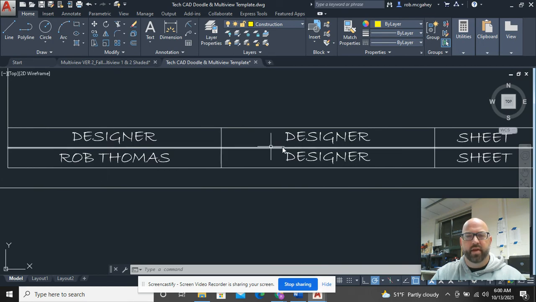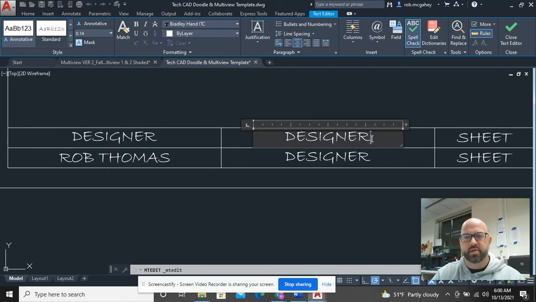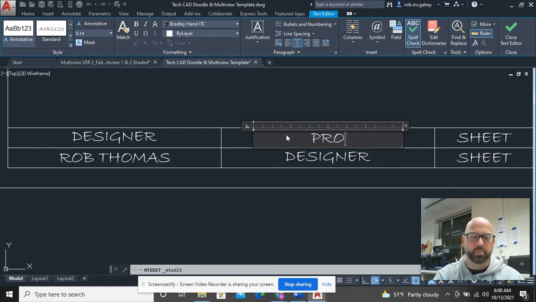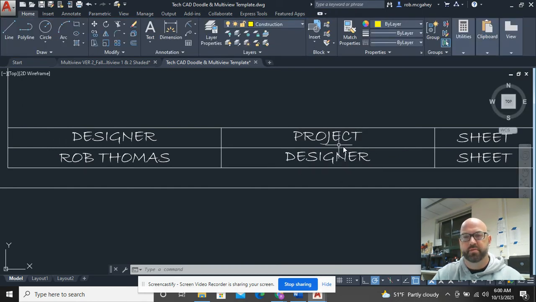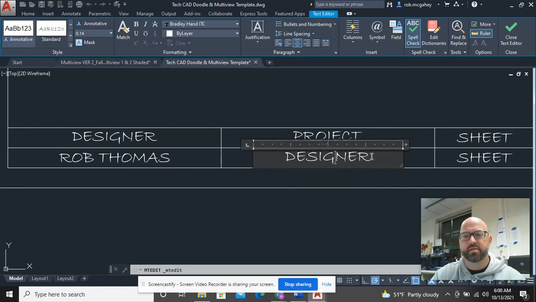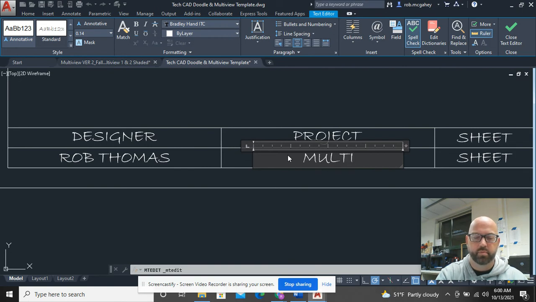Designer. Okay, so that's that. But I've got to change this. What is this? In my class, you could call it project or you could call it drawing. I'm going to call it project because it may not be just a drawing, it might be a whole comprehensive engineering project with a series of drawings. Now, in this case, our first project is multi-view